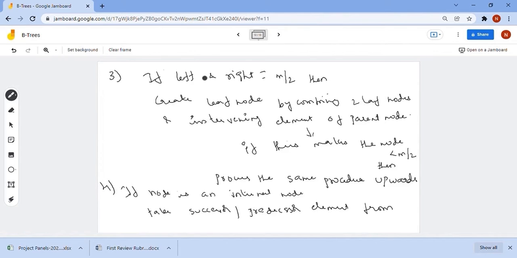So next, for example, if the left sibling and right sibling contain exactly m by 2 elements, then after taking the element from the left or right sibling, that sibling contains less than m by 2 elements. Again, it violates the property of the B tree.